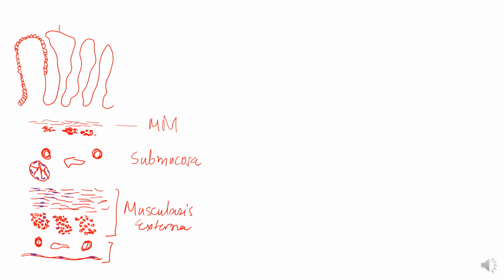Now make sure that you do not make goblet cells like this. Some students make them prominent, with the apical surface rising above the level of the enterocytes. No, they are of the same height as the enterocytes, but their apical surface is empty, and the nucleus lies in the basal part. So this is the broad leaf-like villi present in the duodenum. So this is how you will make it in the duodenum.